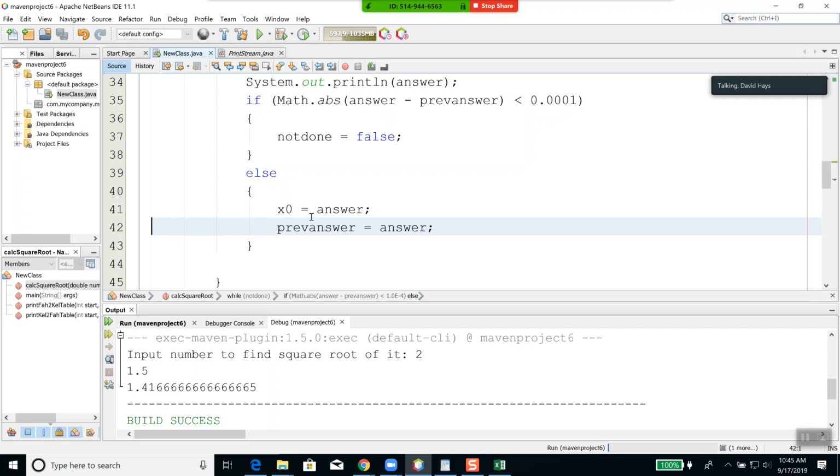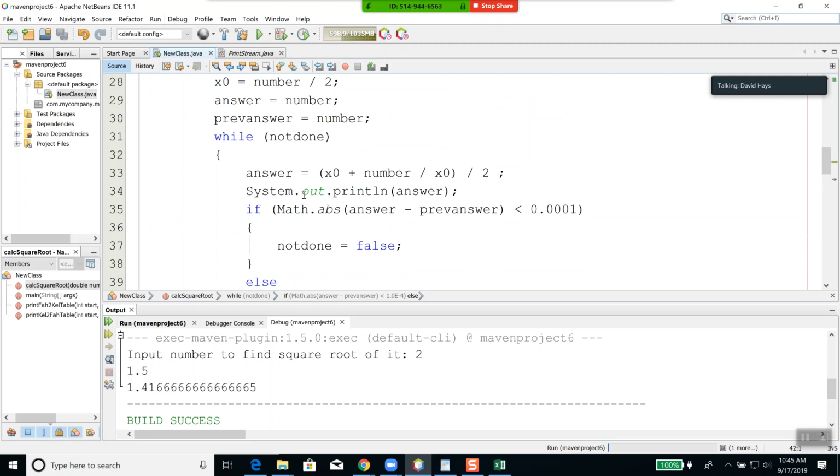But anyway, that's the debugger, and again, I encourage you to play with that. See how it works. Once you get more comfortable with it, you're going to find that an invaluable tool. And we'll stop there. So go ahead and